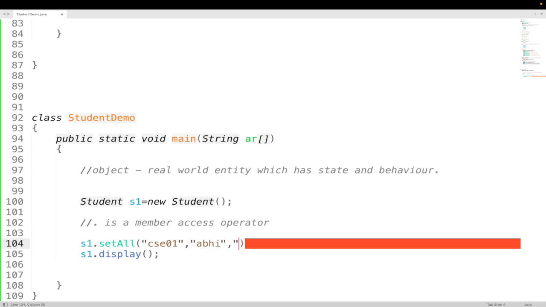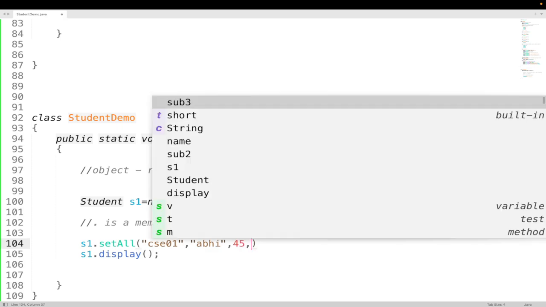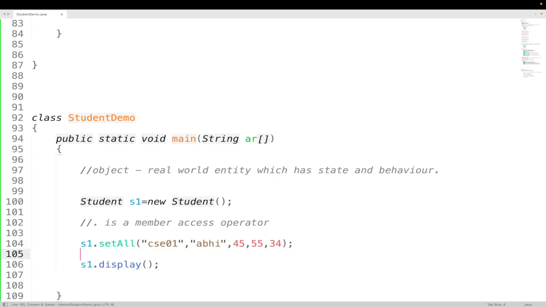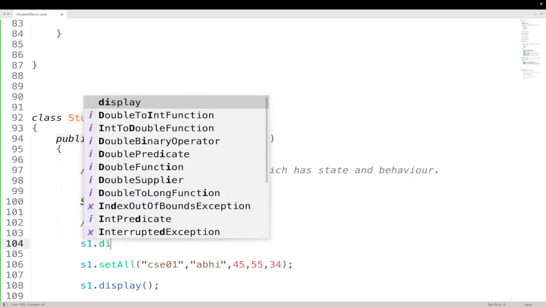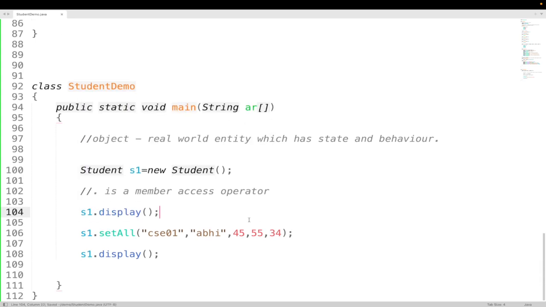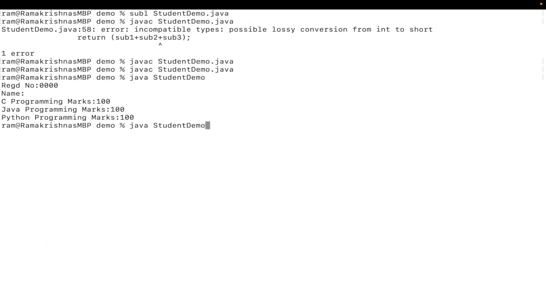Sorry, it should be short: 45, 55, and then 34. Earlier, it is going to initialize with the default values. Now, after that, I will display one more time. Now you will be watching the details of S1 before and after you setAll the data members. Now let's compile again